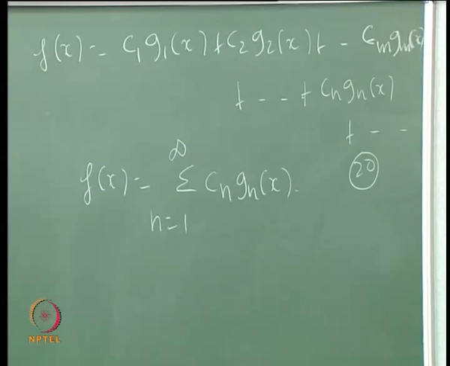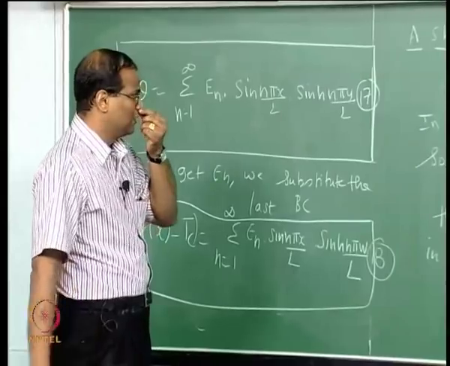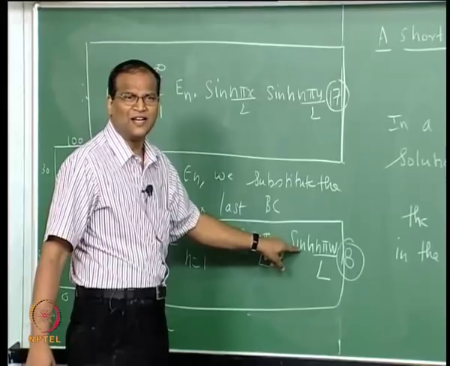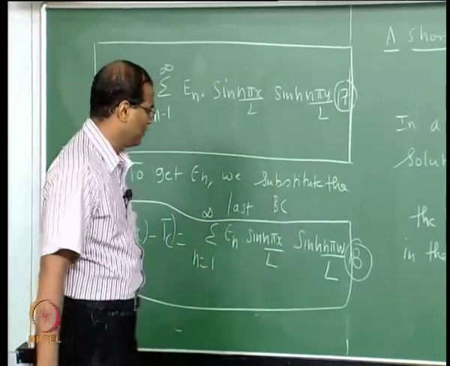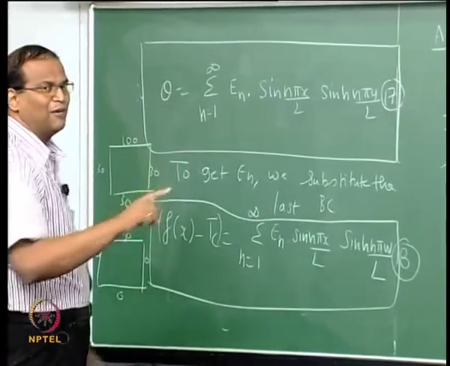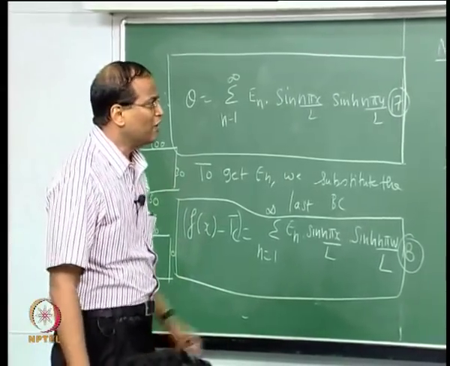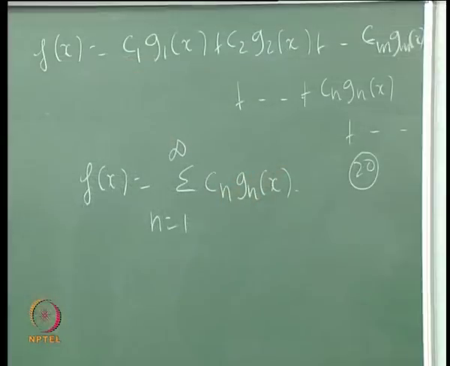except that instead of f of x we have f of x minus Tc, but Tc is nothing but a constant. So the left hand side is the same. On the right hand side, I do not worry about En, and sin n pi w by l is a constant, but for g of x I do not know whether sin n pi x by l is an orthogonal function or not, that we have to check. Therefore equation 20 is nothing great, but from equation 20 using equation 19,